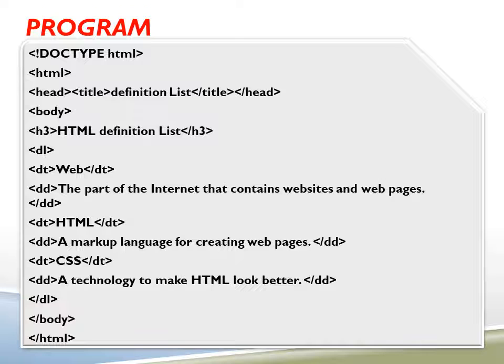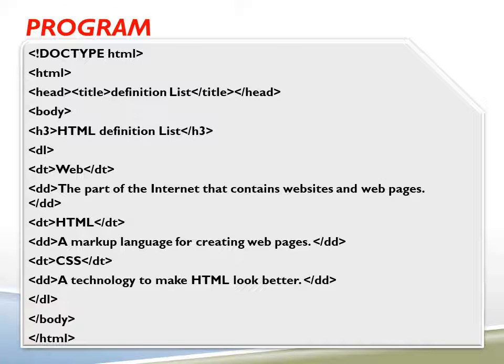DD, part of the internet that contains websites and web pages, DD close. This DD is used for writing the description of the term web. Next, DT HTML, DT close, it is for the second term. Then the description of the term is given with the DD tag, a markup language for creating web pages, DD close.